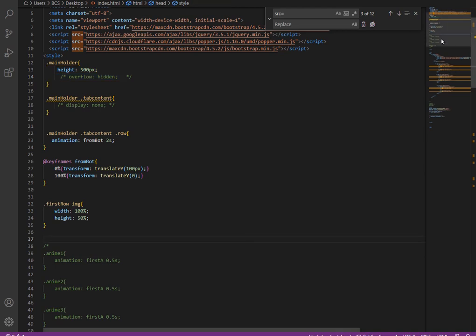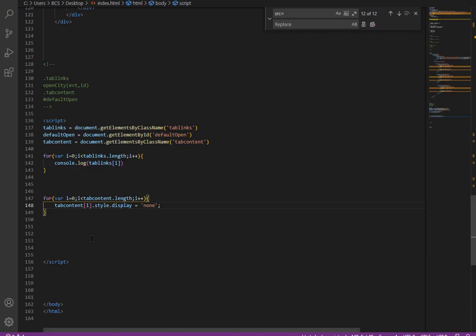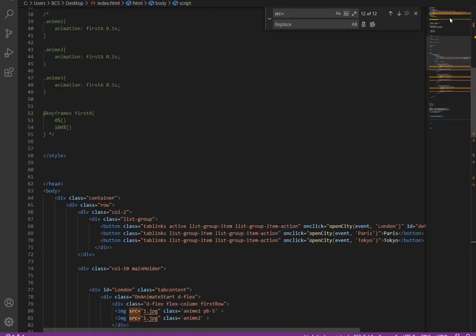Now what I need is, on page load I want to make all of them display none. So on page load everything goes off. I have used the ID for each tab content, if you notice. So on clicking the button we have already a function. Let's define the function.